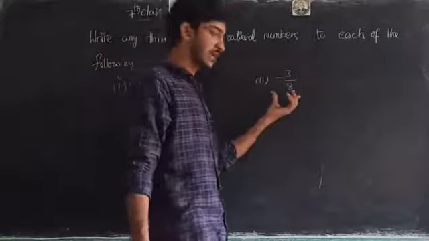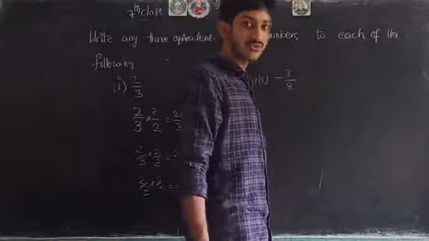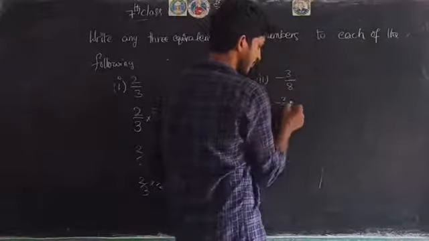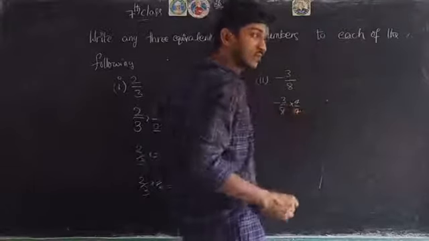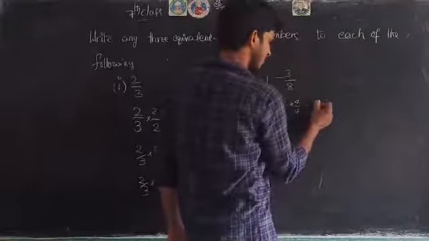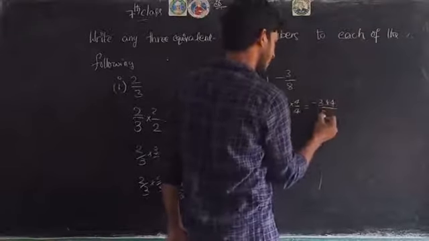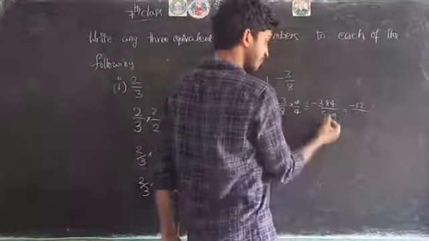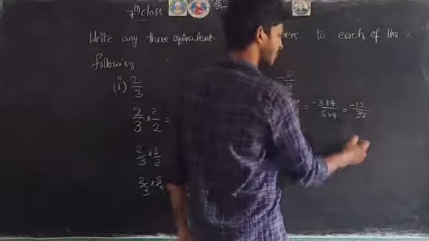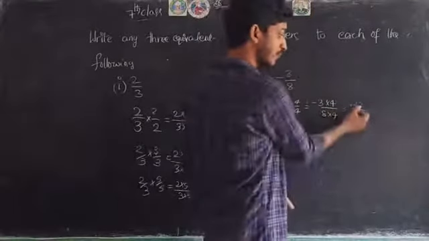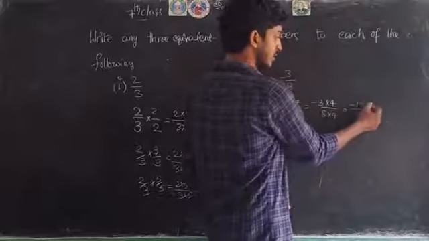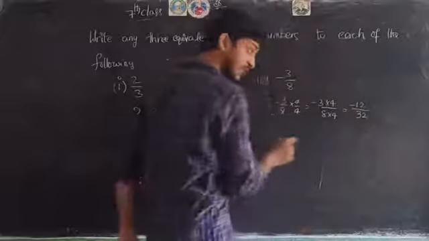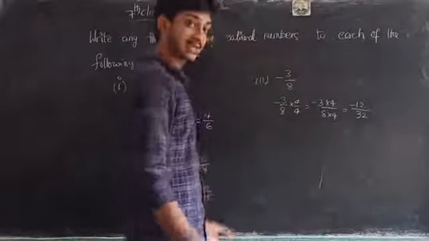Okay, see the second question here. Minus 3 by 8 is given. So we have to write three equivalent rational numbers for minus 3 by 8. So I am taking the same method but different numbers. 4 by 4 I am taking. Minus 3 into 4 by 8 into 4. 3 4s are 12 and it has a negative sign. Minus 12 by 8 4s are 32. Minus 12 by 32. Here in the 4 table it is 3 times and it is 8 times. So the answer is minus 3 by 8. So it is one of the equivalent rational numbers for minus 3 by 8.